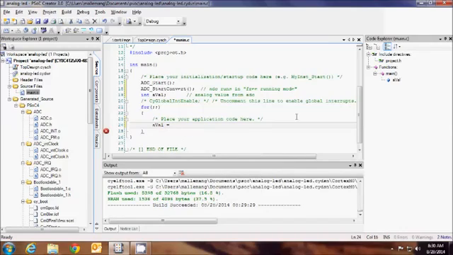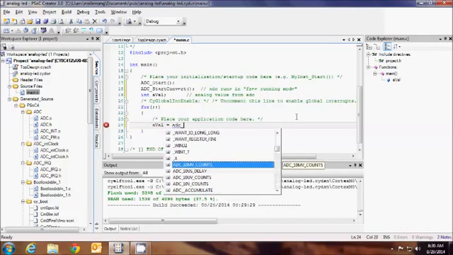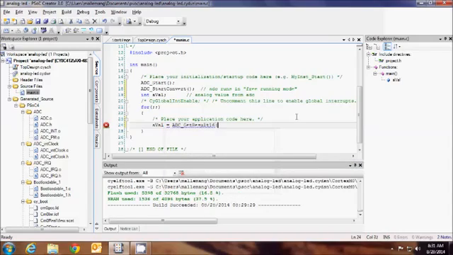Okay, so let's get it. ADC, yeah, get result 16. You have to specify the channel as a parameter, as an argument. And then we will